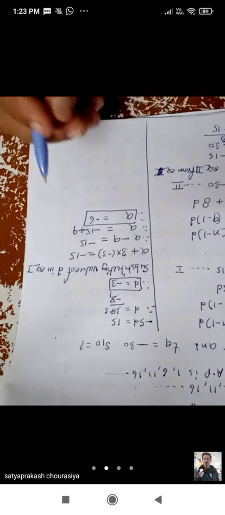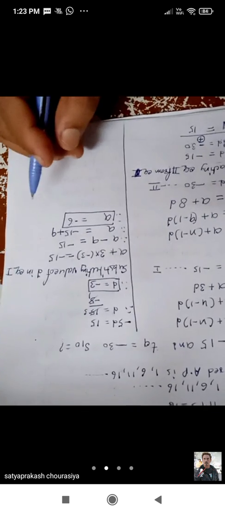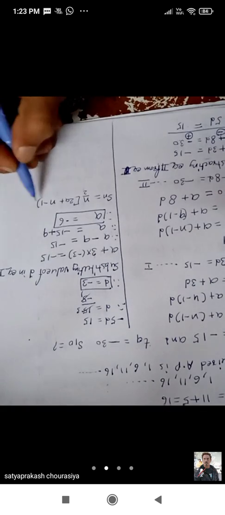Now having these two values a and d, we can find out S10. Now we have to use the Sn formula. Sn is equal to n upon 2 in bracket 2a plus n minus 1 bracket close into d. Now substitute the values, therefore S10 is equal to 10 upon 2 into a, where the value of a is minus 6, plus n is 10 minus 1, and the value of d is minus 3.